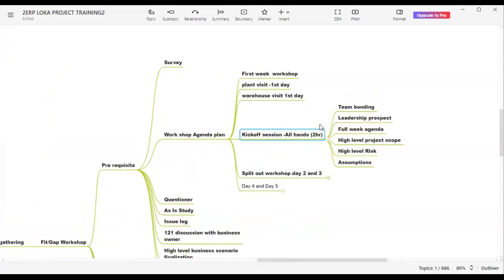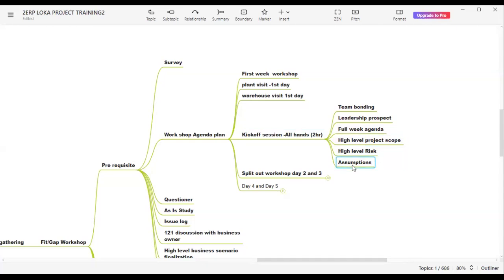It might be with the internal team or it might be the business team. In the same meeting, you are going to explain to leadership what you have understood from that visit, what the project scope is. Now, you have not been involved in the prepare phase or discover phase. You have no idea what the project risks are. So when you visit the factory or the plant, you will have some idea what the risks might be. Those risks should also be listed down. And what is the project scope? If you visit the factory, you will have some idea how to build a system. So that can be designed on your own. What is your assumption?